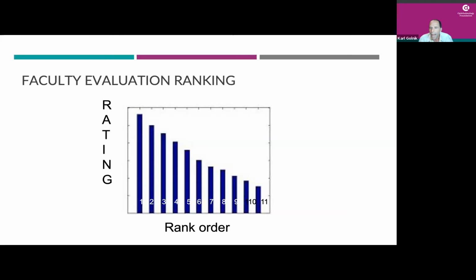And then I'd actually go back to the residents and say, hey, listen, residents, we used your information. We gave feedback to the faculty about it. And this faculty member wants to know more specifics. What can they do from the resident perspective to be a better teacher? And that's how we gave the faculty the feedback.